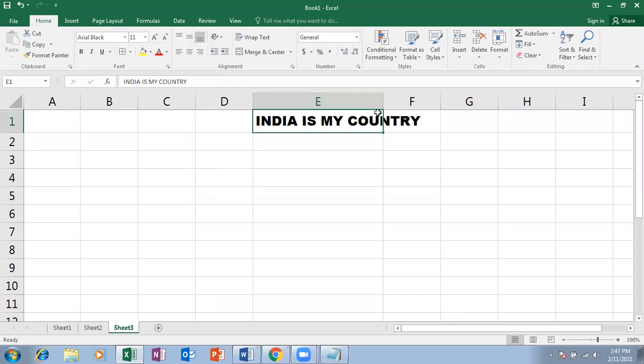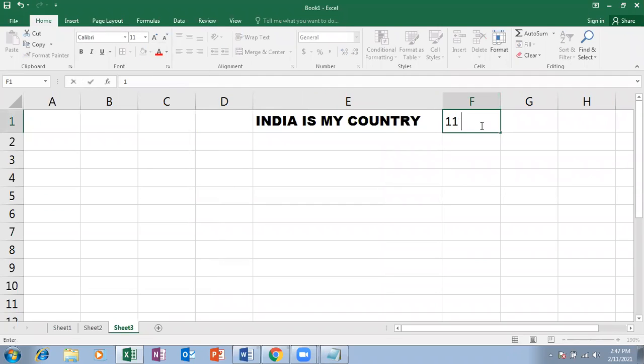And what is the font size? Font size is nothing but 11. What is that 11? 11 pt. pt stands for points. Fonts are measured in points. Points is nothing but pixels, an arrangement of pixels. So 11 pt, 11 points, 12 pt, 12 points.